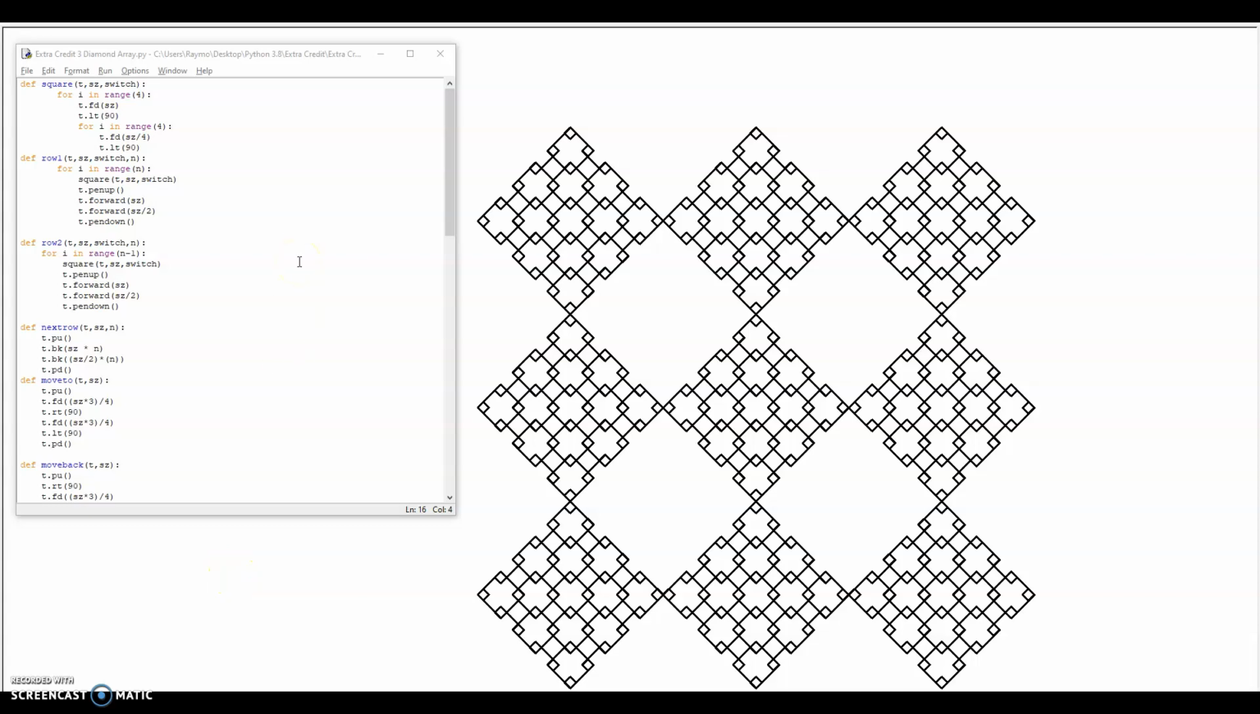Today I'll be explaining extra credit assignment number 3, the diamond array. First I had my helper function square, which draws the square with the for i in range 4. So it draws these individual squares here. And then I have